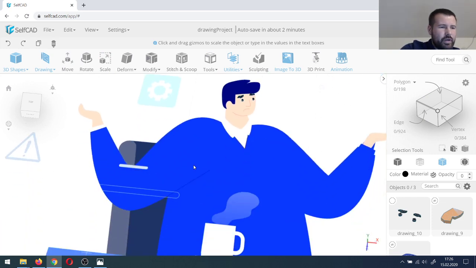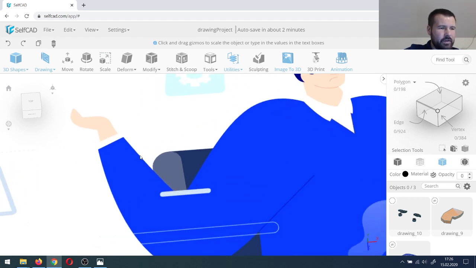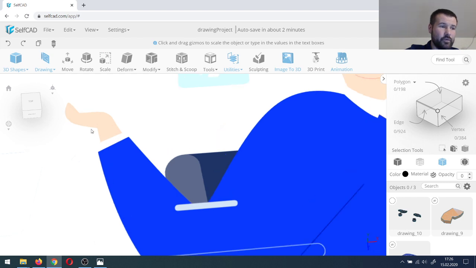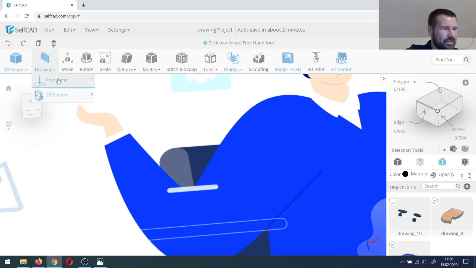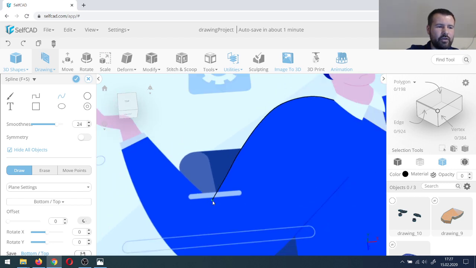Okay, and I will just show one more piece, which is this particular, I mean, the hand, and I'm not sure what this is called in English, I'm sorry. So I'm just going to show you a small trick. When you start drawing splines, you can use a technique that allows you to simplify a lot of the corners. So even if you are in spline drawing, if you double click on the last point, you finalize the current spline. So every next drawn stroke is a new spline, and you can use this even to